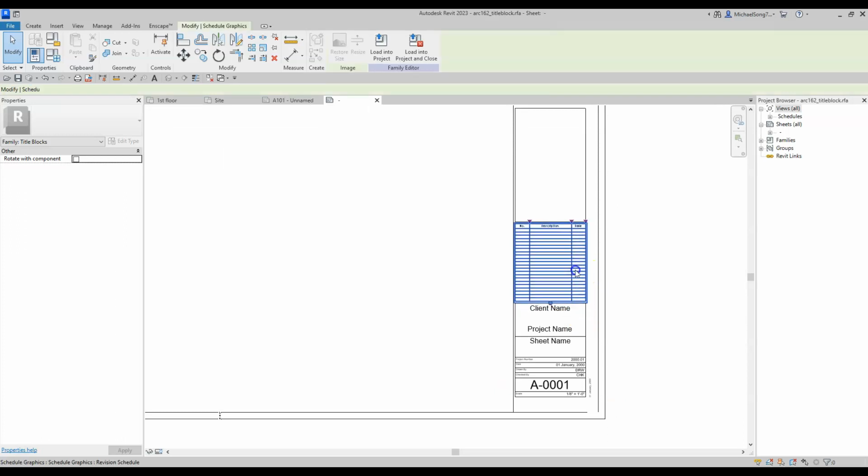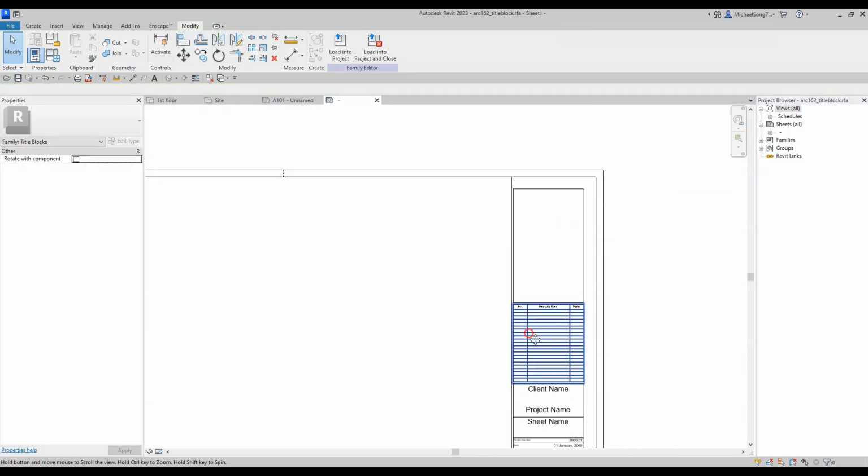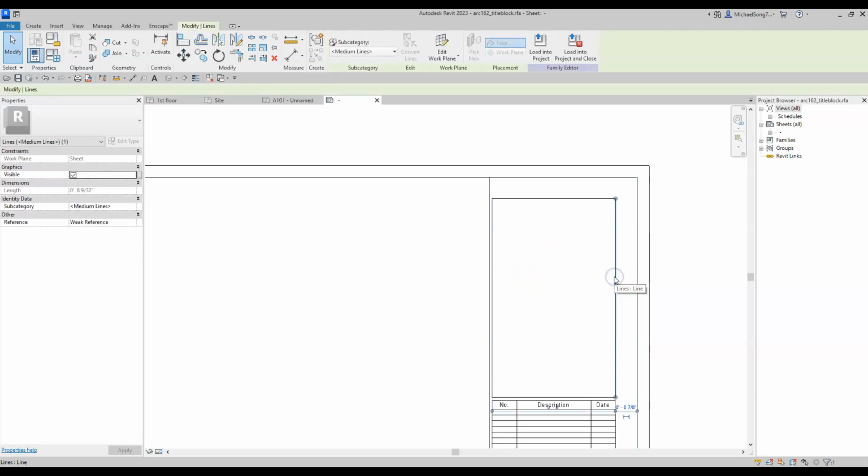Okay, so this is a revision table, and it's an intelligent object. So we just want to leverage this and not create, you know, these lines all together. You notice that it shows up as a schedule and it's a revision schedule, but it's a little bit too wide, so we're going to adjust that. But let's first do our edges,